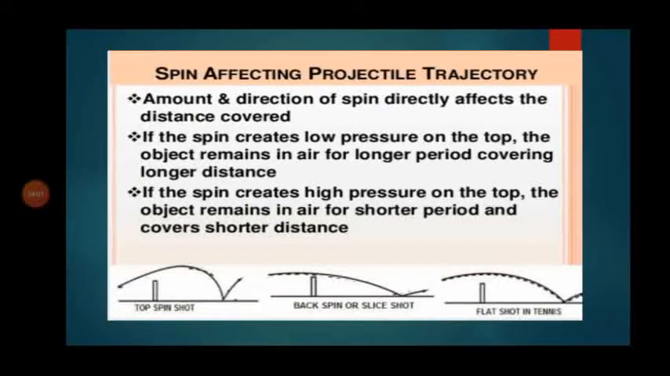The spin affecting projectile trajectory. Amount and direction of spin directly affects the distance covered. If the spin creates low pressure on the top, the object remains in the air for a longer period covering longer distance. If the spin creates high pressure on the top, the object remains in the air for a shorter period and covers